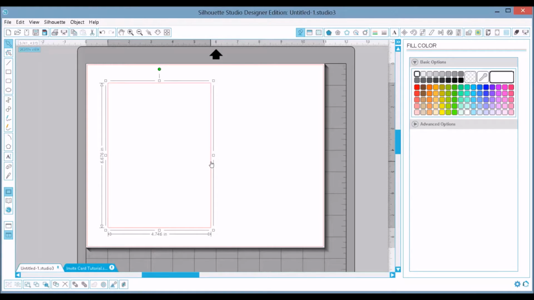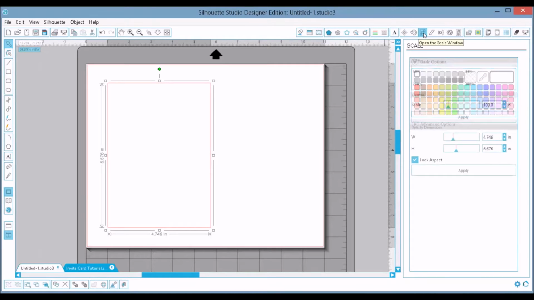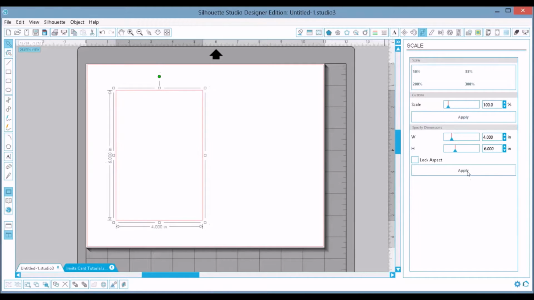And then, as you can see, my dimensions are not anything in particular, but you can just go up here to the scale window and select that, and it's going to open the scale window. You want to uncheck the lock aspect ratio so that you can change these numbers, and we're just going to go ahead and do a 4 by 6 inch card and hit apply. And then now this red space here is going to be the area we're going to work within to create